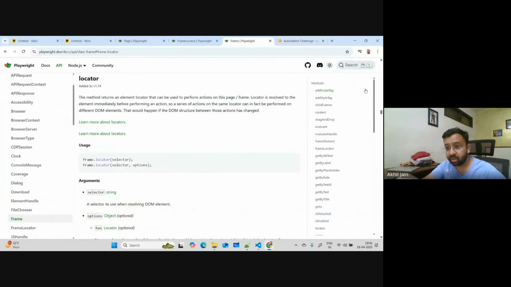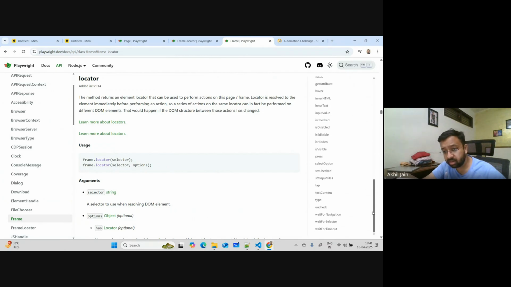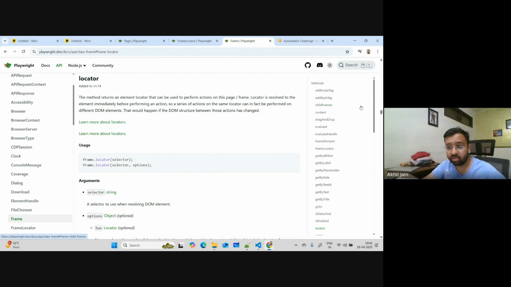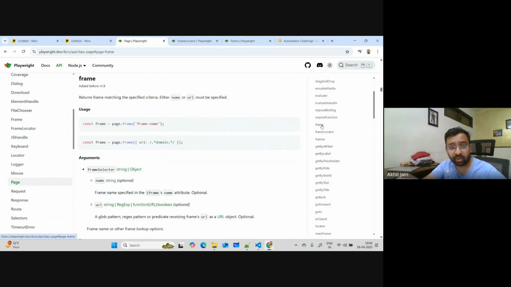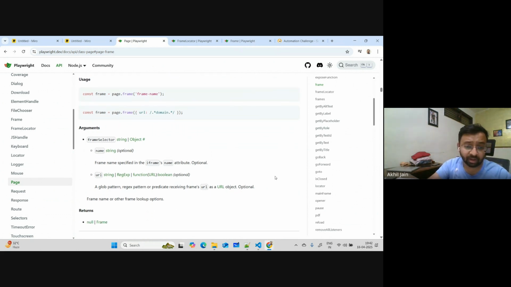Frame deprecated methods are these, right? And here you have, where is it? It should be somewhere, if it is telling you that you are using frame name. Not here, you don't have to see here. You have to see here on the frame side. It might be that in the earlier cases